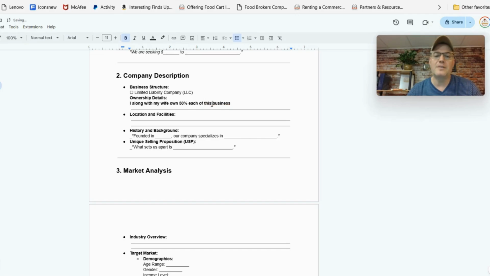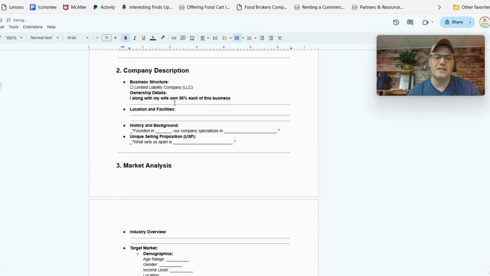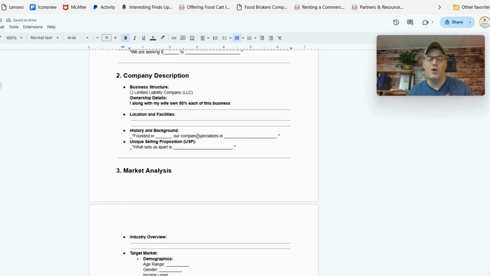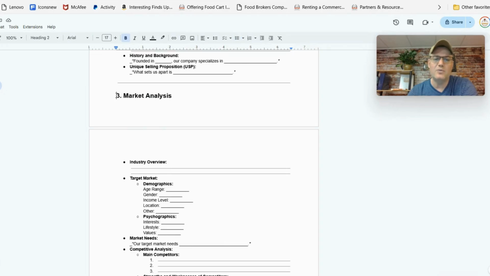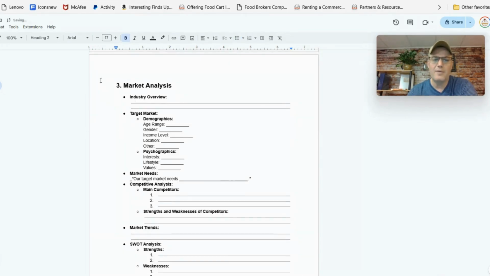And there you go. You can simply fill it in. The location and facilities, if it's a home business, maybe you're starting from home. Perfectly legal, by the way, because almost every single state in the United States allows you to create businesses from home. Market analysis, this will give you, and of course, by the way, you can print this out. So you have a hard copy,